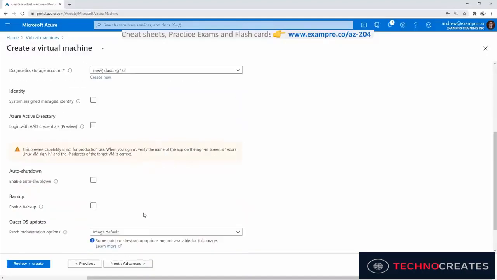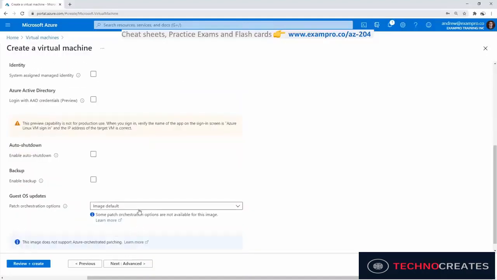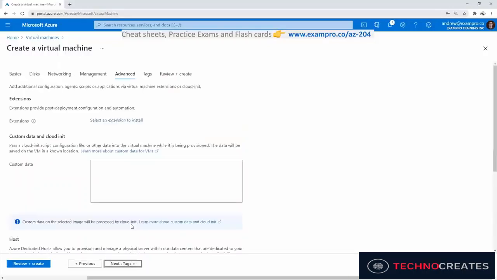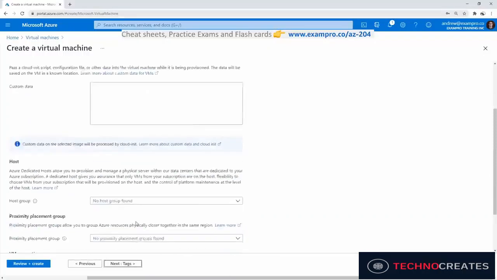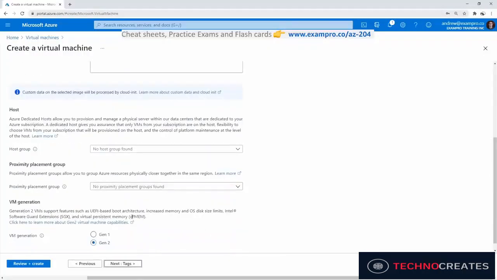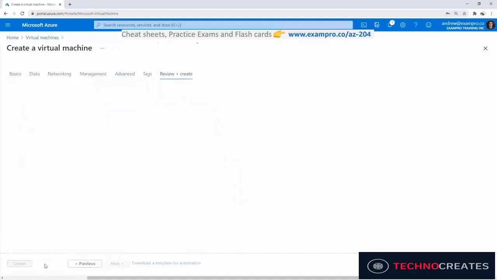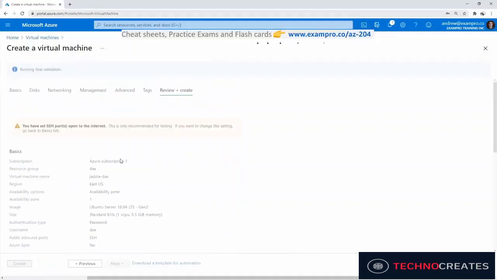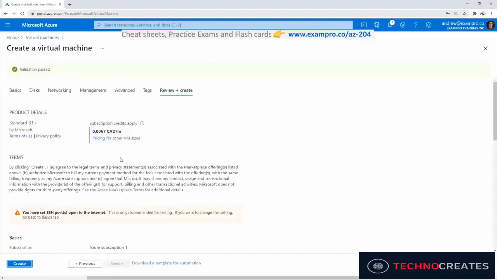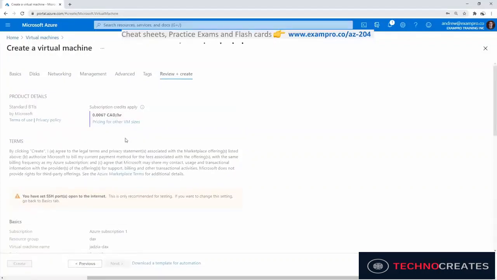So what we'll do is go to next. But notice we didn't have it for the minimal install, probably because it doesn't have the WAG agent installed for it to do that by default. So just notice that it varies on some machines. We're going to go to next. We're going to hit review and create. And we're not done yet. We're going to create one more virtual machine, and this time it's going to be a Windows. Once I hit the create button here,